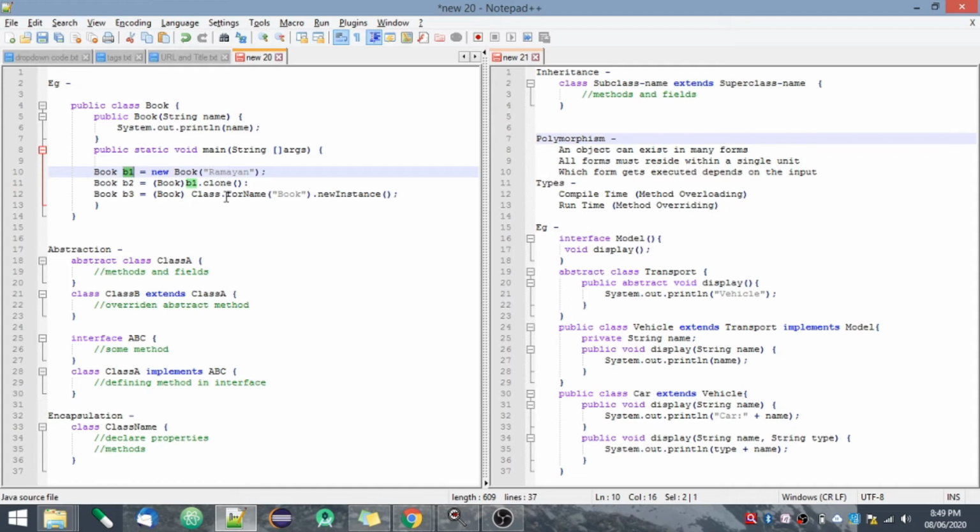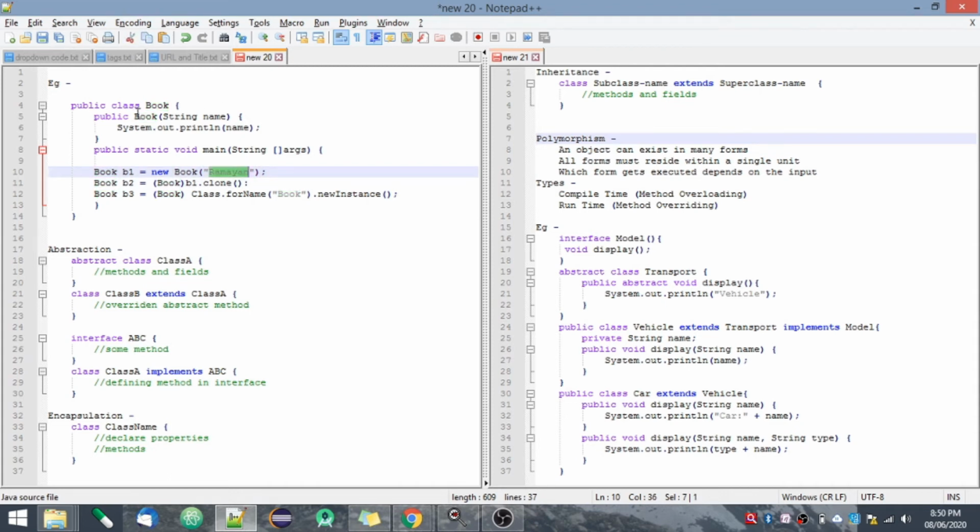Now there are 3 ways in which we can create an object of a class. As you can see, I have shown you all the 3 ways. The first is the new keyword. You write the class name, whatever object name you want to give, then the new keyword followed by the class name.